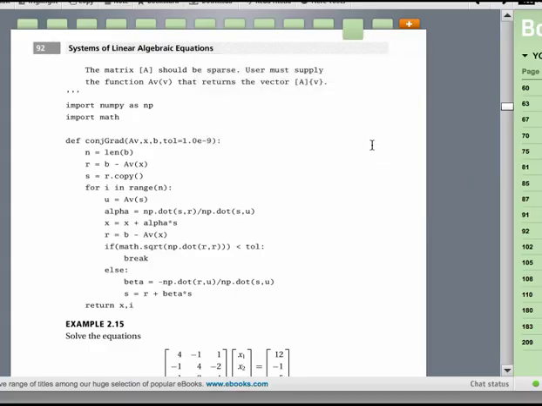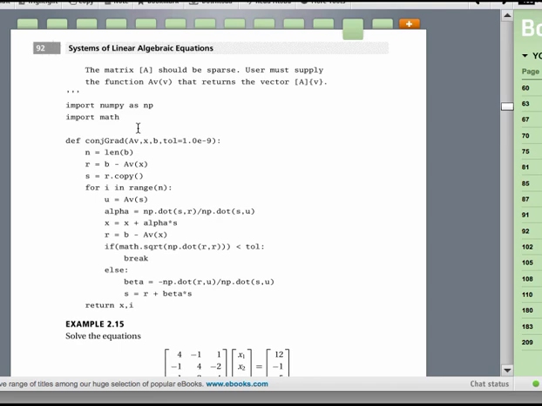So on pages 91 and 92 of the textbook is the expression of the conjugate gradient Python function, and I just wanted to go over a couple of points with it. Again, it uses NumPy because we're using arrays. The function is called conj_grad, for conjugate gradient. It needs a function, they're calling it Av, and you can probably guess what that does: you have to provide it a function to do the multiplication of your matrix A that defines your linear system times the vector. And then it's going to return